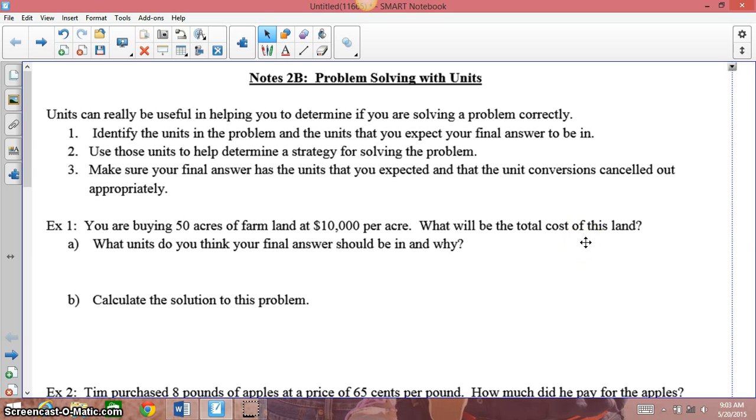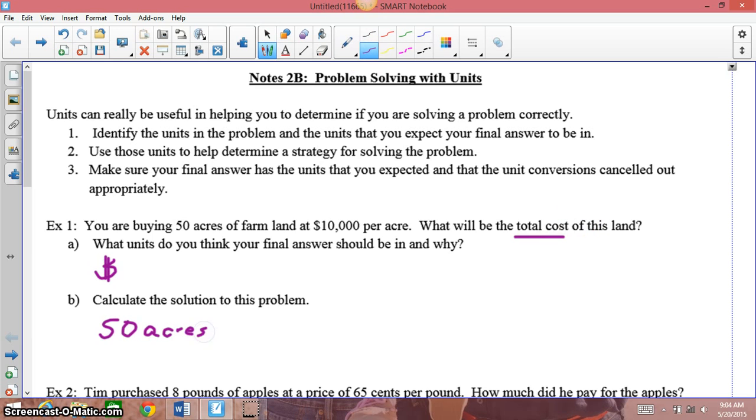So hopefully you would say, well, I expect my final answer to be in money because the problem is asking for total cost. If I want the solution to this problem, then I start with what I have. I have this 50 acres. Again, like we talked about yesterday, if you don't have a fraction, put it over 1, make it a fraction. You know that you want to get rid of those acres and end up with money, so if I want to get rid of those acres, I put acres on the bottom